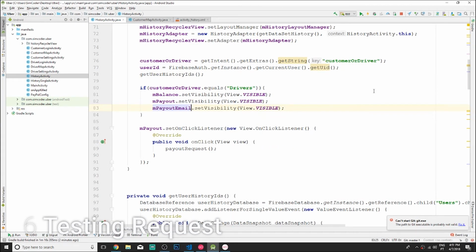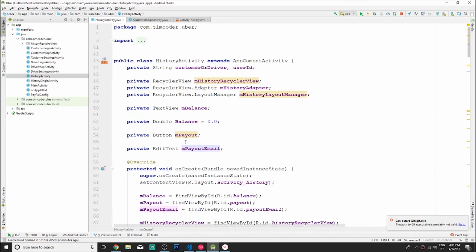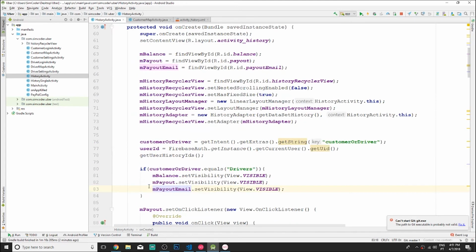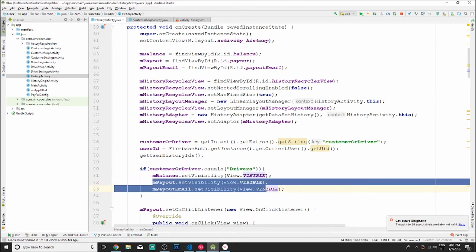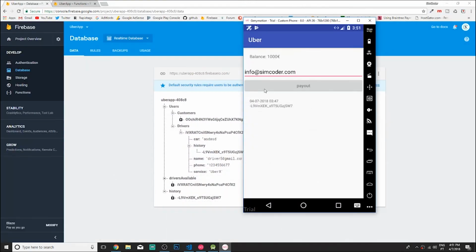Okay, so one more thing before I show you the app. You must add the visibility of the payout and the payout email in this if, in the onCreate, so that if the user is a driver, then we set the visibility to visible, obviously, otherwise you won't be able to do anything. So here I am with